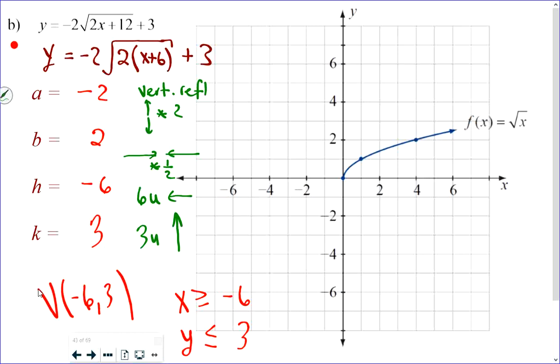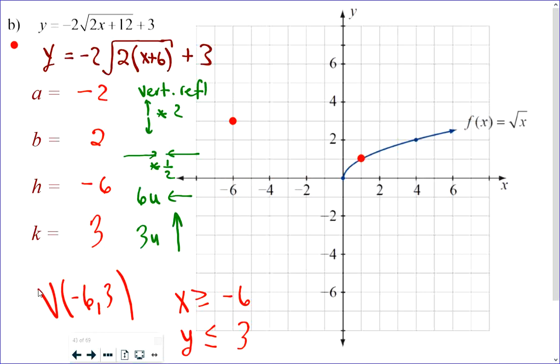Okay. So if we do this systematically, there are other ways to do it, but if we take point by point and apply all of these, reflect that point that I've highlighted vertically, stretch it vertically by a factor of 2, stretch it horizontally by a factor of a half, doesn't move. So it's going to now be shifted 6 to the left and 3 up, which is going to put it here. Well, that'll be where the vertex is, negative 6 comma 3. Moving on,